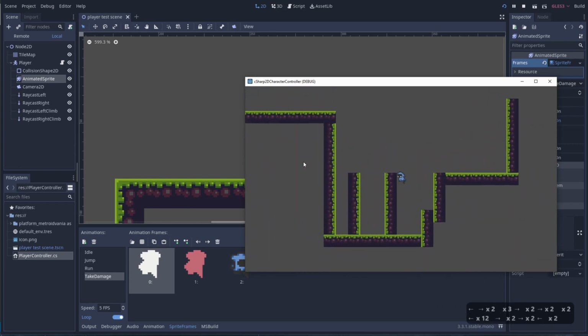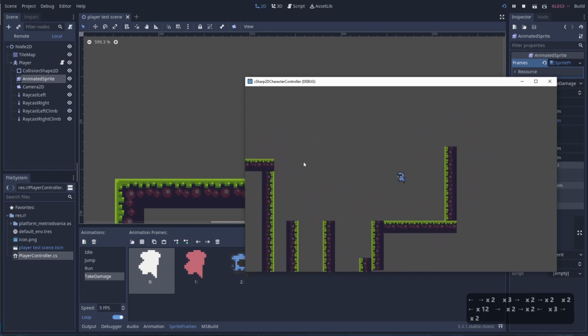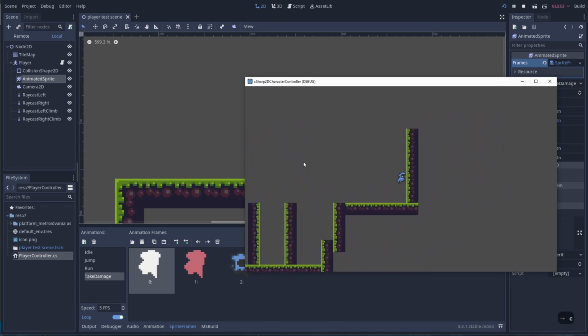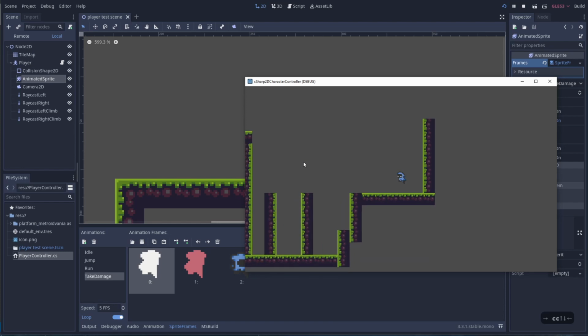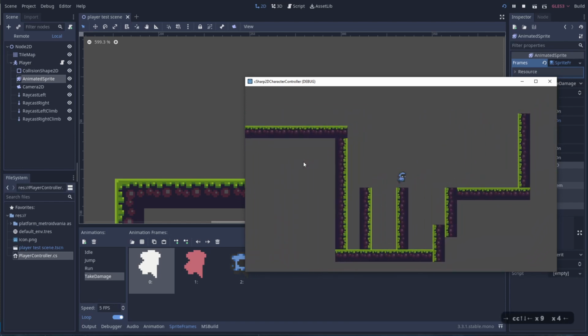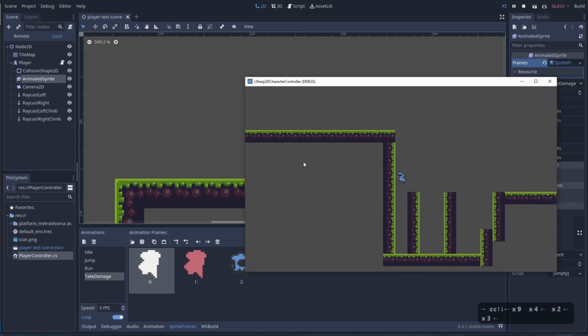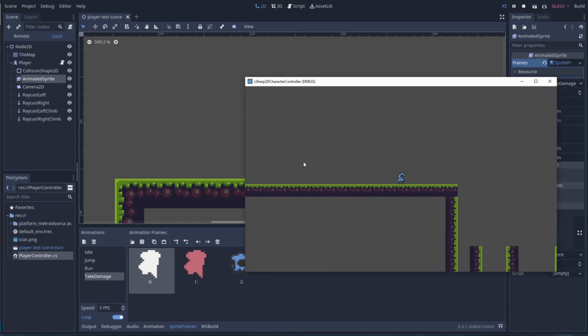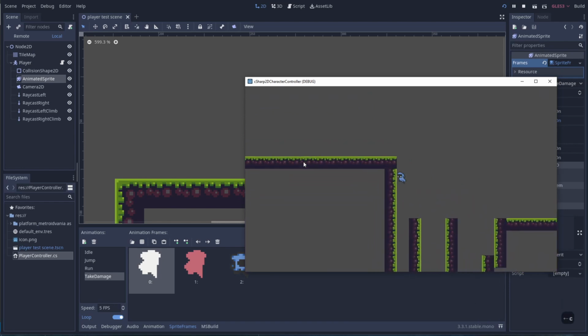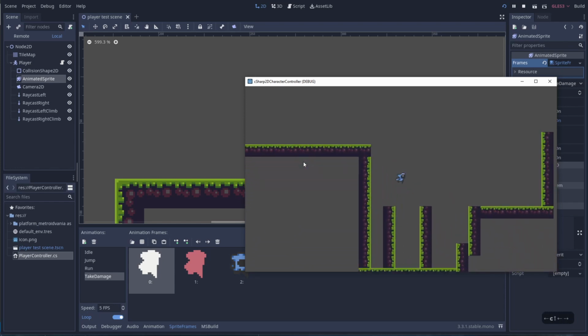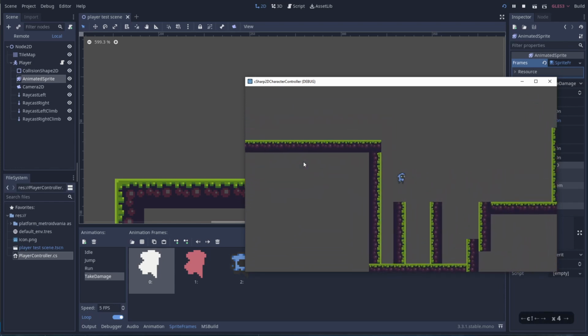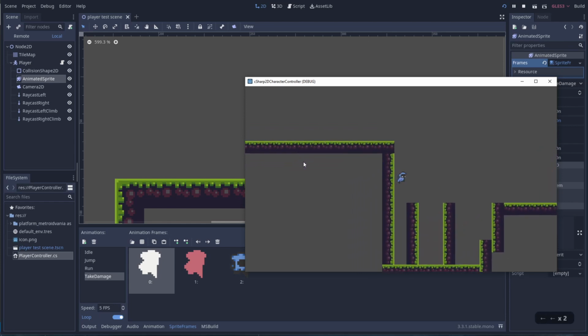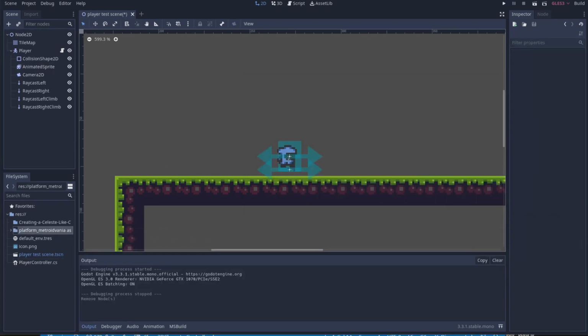Simple enough. That's perfect. Okay, cool. Now, one thing that doesn't come with the character pack that we pulled was a wall climb ability or a wall climb animation. So that's something that if you guys have one, just go ahead and add it in and it'll work fine. But yeah, there we go. Okay, so now that we have all of our animations going and everything seems to be working out quite well,